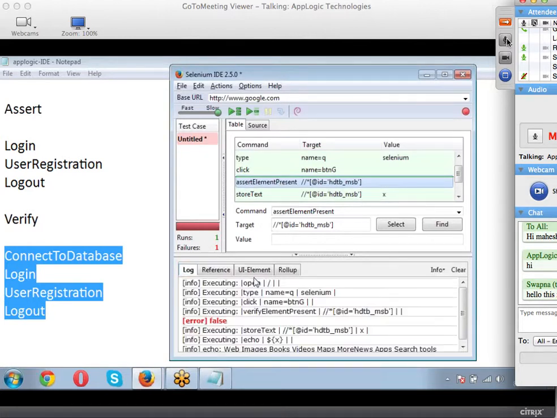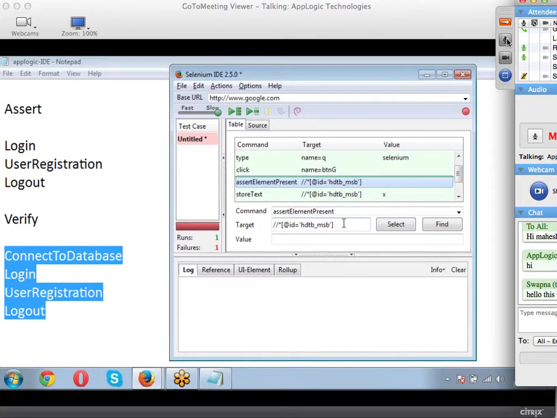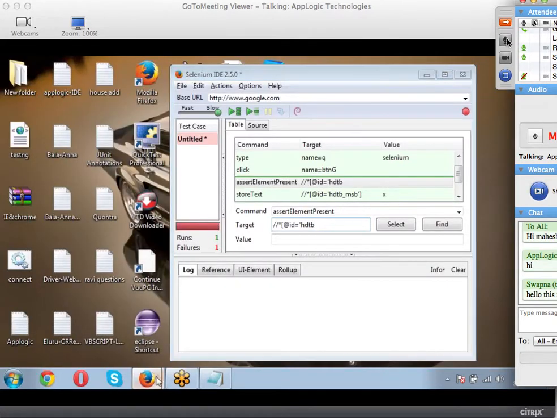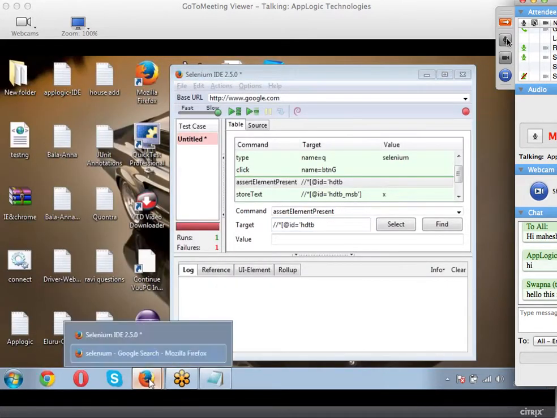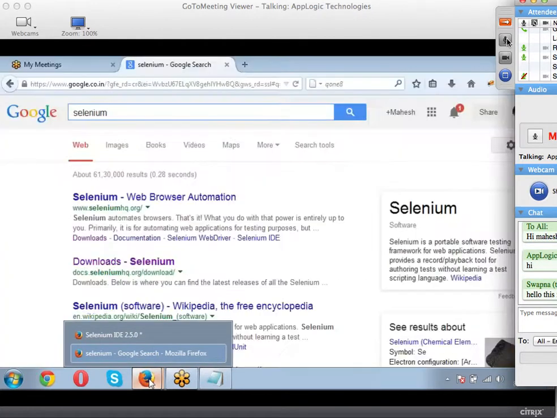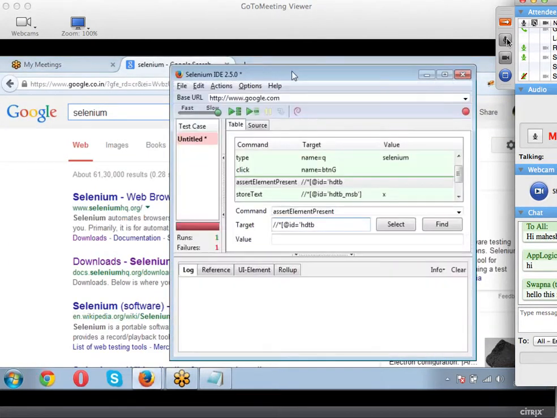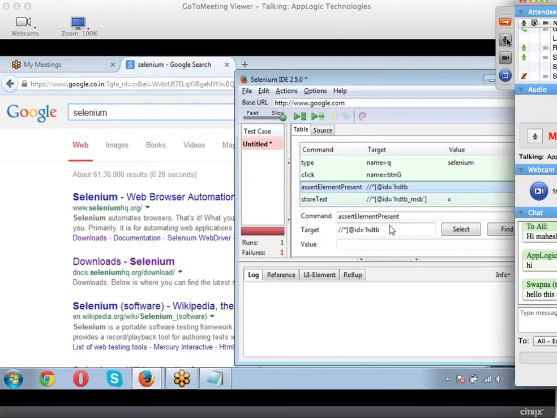Here, I took an XPath for my object. What I'm doing is making some changes to my XPath. I'm removing some values in my XPath, which makes it not a correct value. Now I'll go back to my page, open my page, and run my IDE script. The XPath which I've taken is wrong. I'm just clicking on the play button.